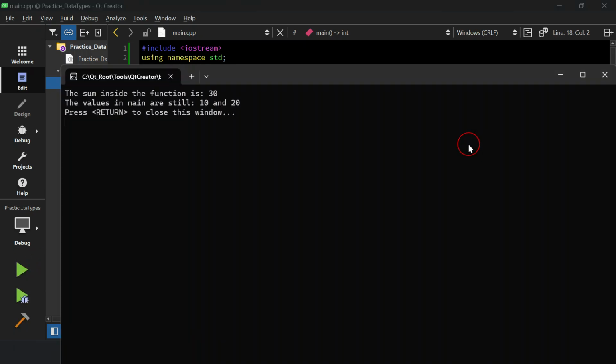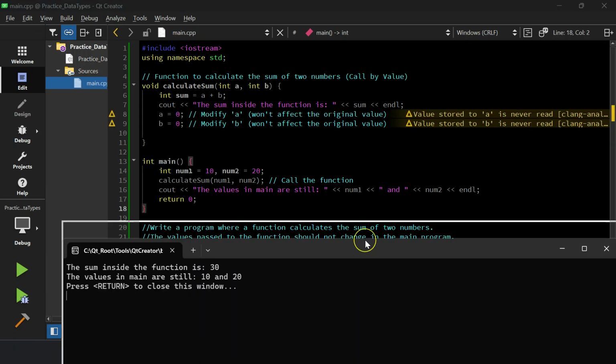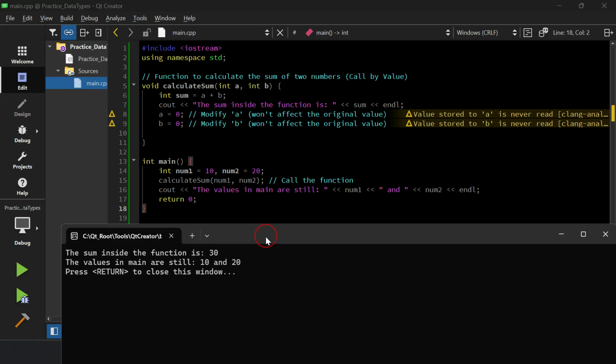Okay, great. We see that these two numbers are initialized and assigned values. Then we call the function, we go to the function, the addition is done, and the sum is printed. It says the sum inside the function is 30. Here it means that 10 plus 20 is 30, so 30 is printed, and we are changing the value of